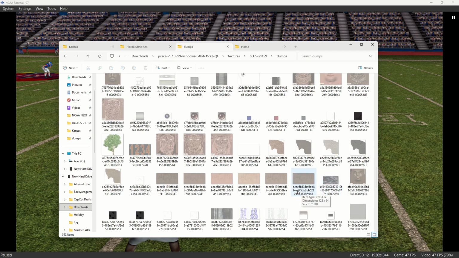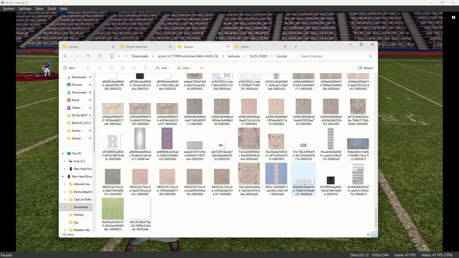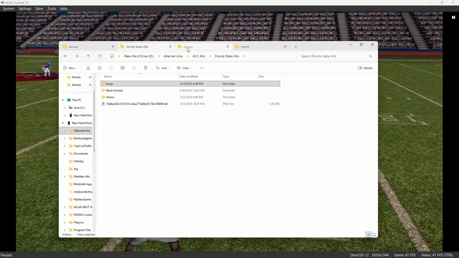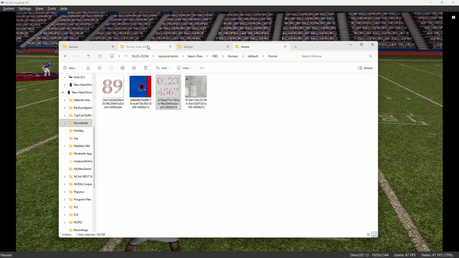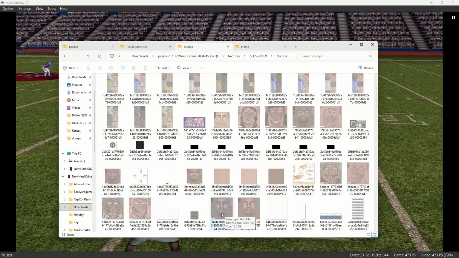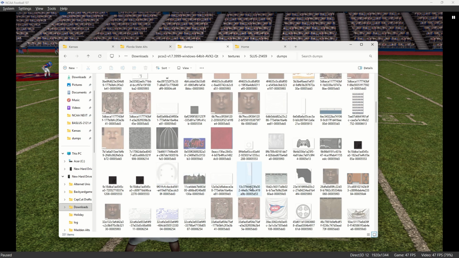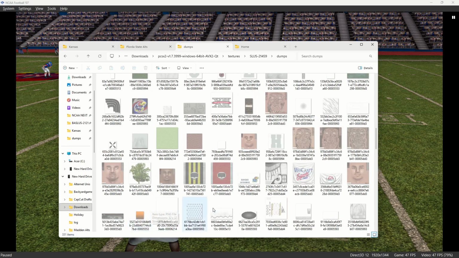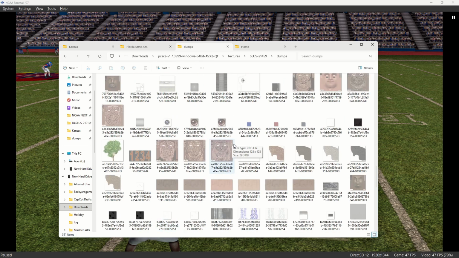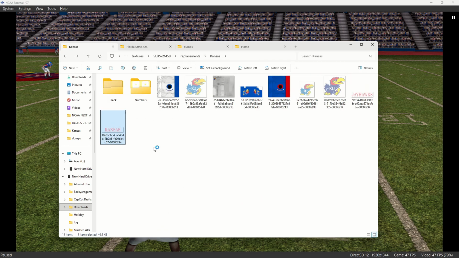Where's the other texture? I probably already. It's a bit of a process. It's a bit of like hide and seek, in a way. Just gotta find the right ones and all that. So, jeez. I'm trying to find the Big 12 logo, so it's just not in the way. But yeah, there it is. Found it. Okay, so